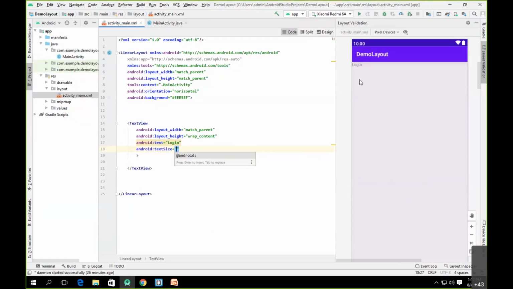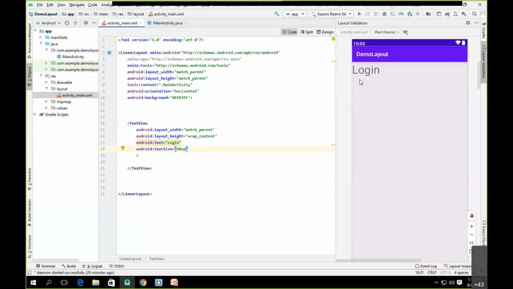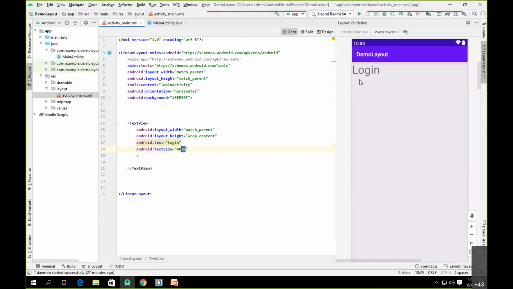Let's say I'll give the size as 40. If you are going with text, always use SP as a unit. SP stands for scalable pixel. So if you are trying to give the size for the text, always use SP as a unit, which stands for scalable pixel.